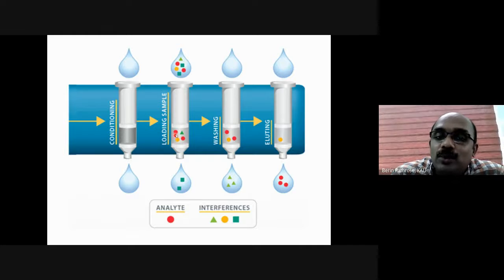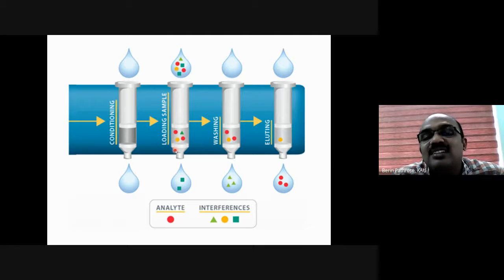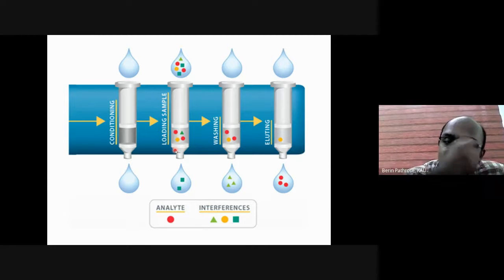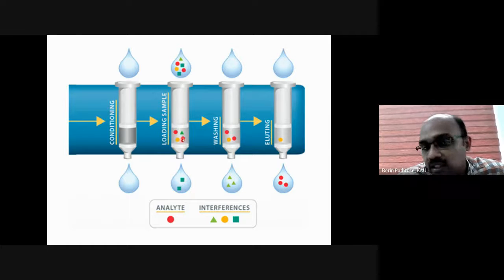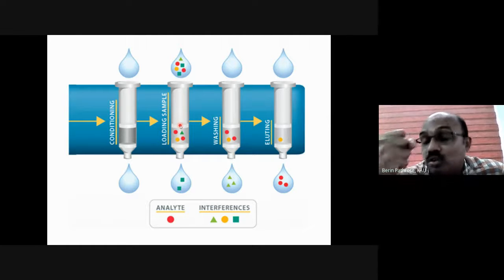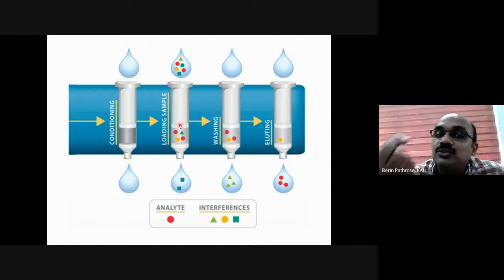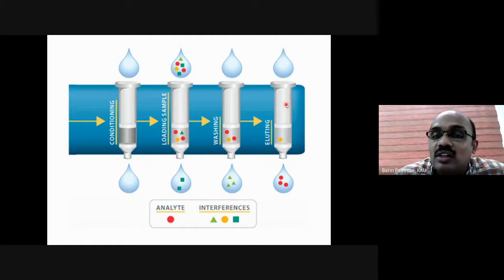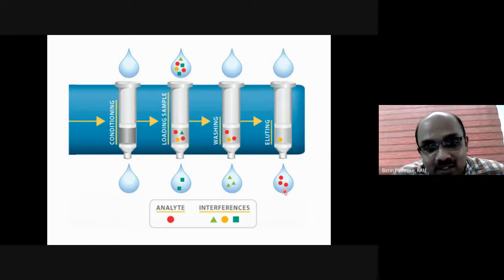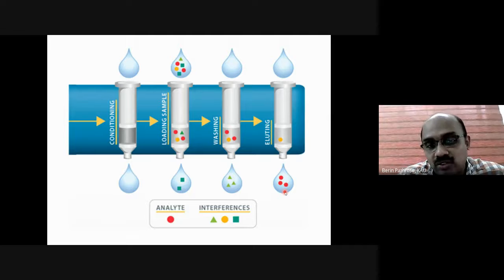These compounds get adsorbed onto the stationary phase depending upon their affinity to it. Certain compounds are adsorbed more strongly onto the alumina or Florisil filled into the cartridges. Others will be weakly adsorbed. Those which are weakly adsorbed will move out first. Those which are strongly adsorbed move out last. In that manner, we can separate out pesticides from all the interfering compounds.